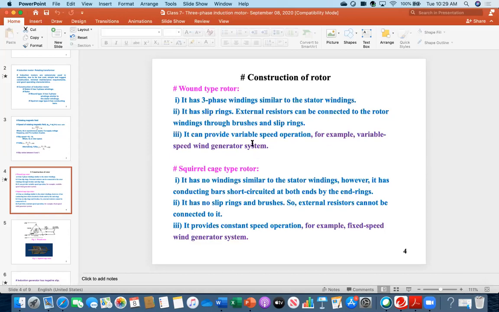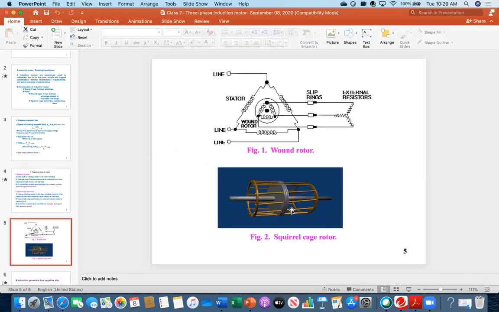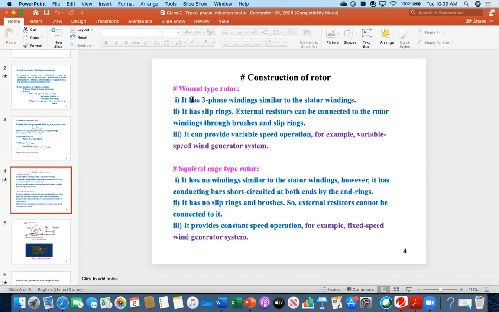Now, wind generators are of 2 types. One is called variable speed, and for the squirrel cage, I have written fixed speed. So when you need a fixed speed wind generator, then that is the squirrel cage type. You have to choose this one, because you cannot control anything externally. There is no such provision or option. But here you can control. Consequently, the best place to use wound type is variable speed wind generator, or in industry,